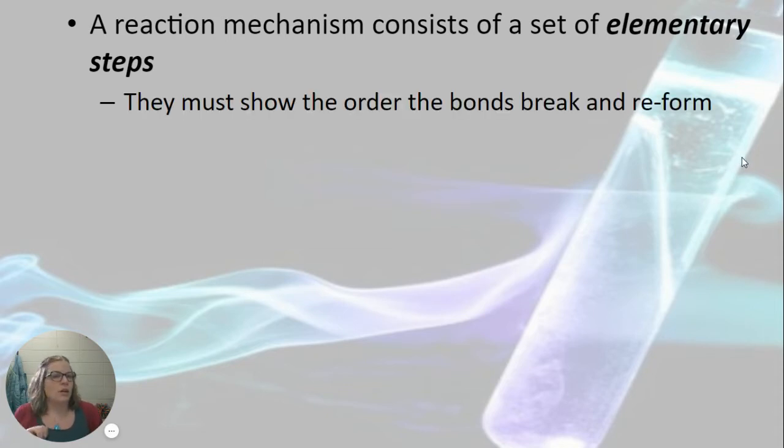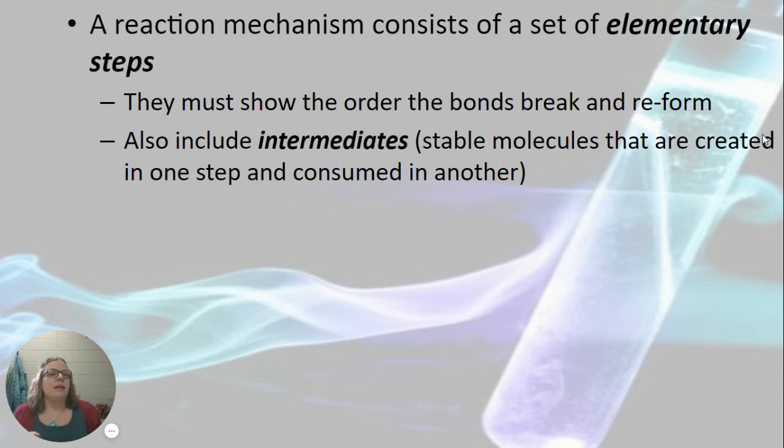So here is what a mechanism needs to have. A mechanism needs to show the specific order that the bonds break and reform. So this happens first, then this happens, then this happens. The mechanism includes something called an intermediate. So an intermediate is